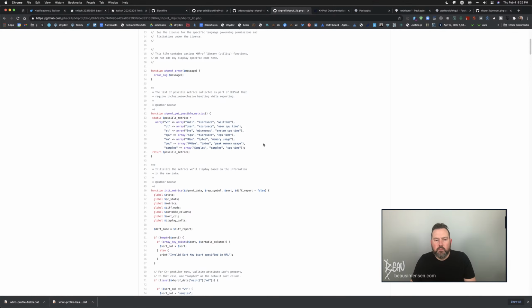Ah, here we go. Oh, and it doesn't have CT. Figures. All right, but, so all time, user time, memory usage, peak memory usage, CPU,